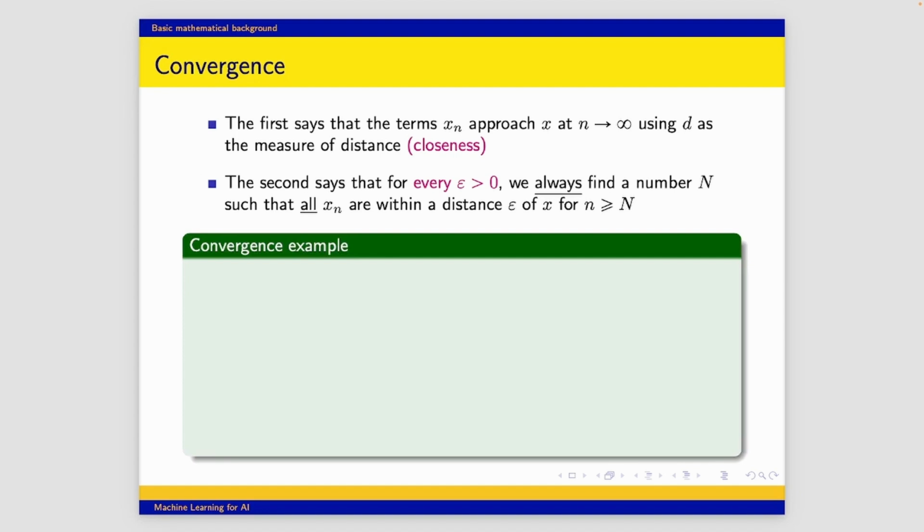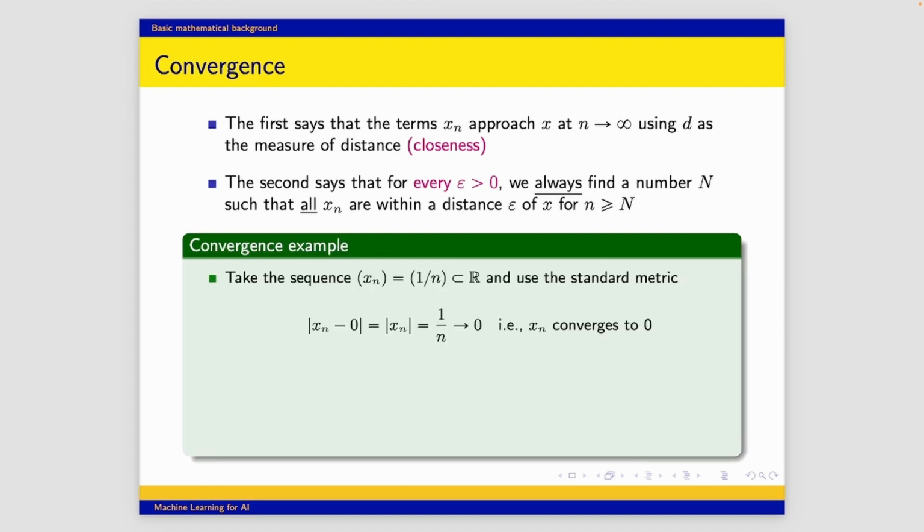So let's have a look at an example to see what this means exactly. Let's take this sequence in the real line, 1 over n. So this sequence is precisely the sequence of numbers